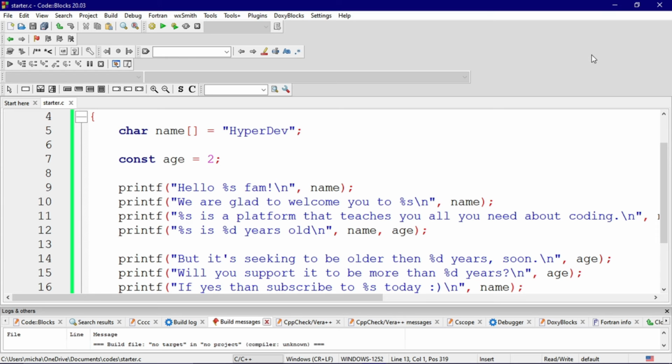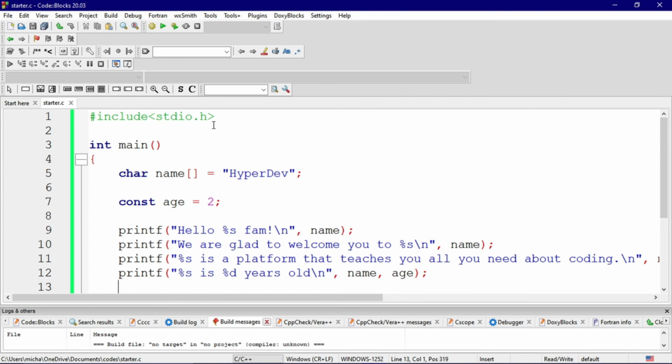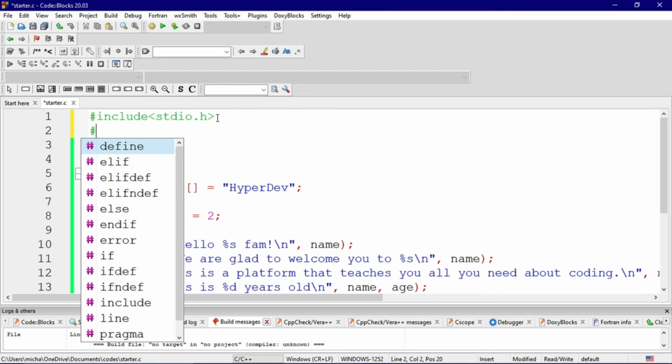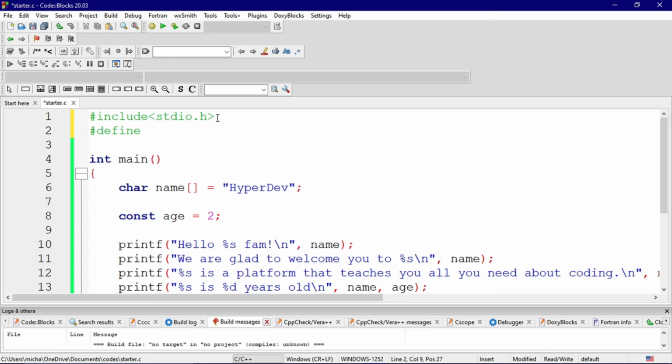So another way of defining constant is by using the define keyword, and this is mostly loved in C. You can say define like that. Then you are not going to use an equal sign, nor will you give a data type. It will be determined by the value you give. Here, if we say number, like that, then maybe we say 8. You can notice there's no equal sign, there's nothing.